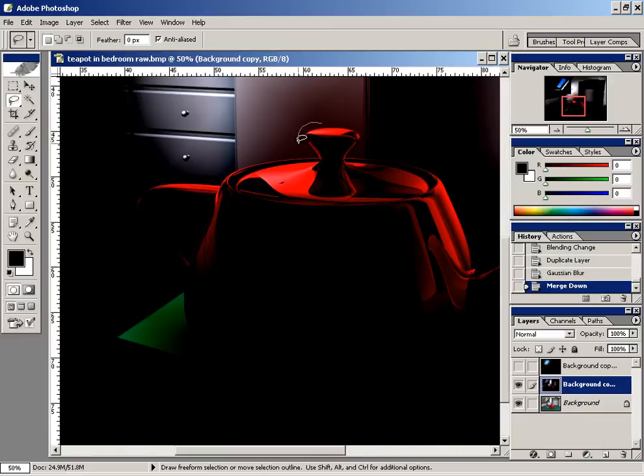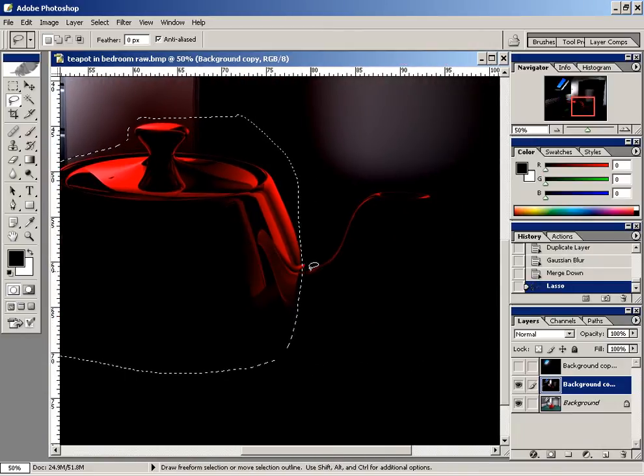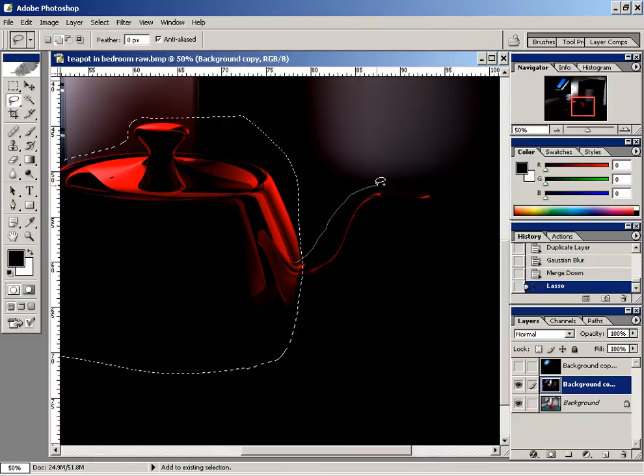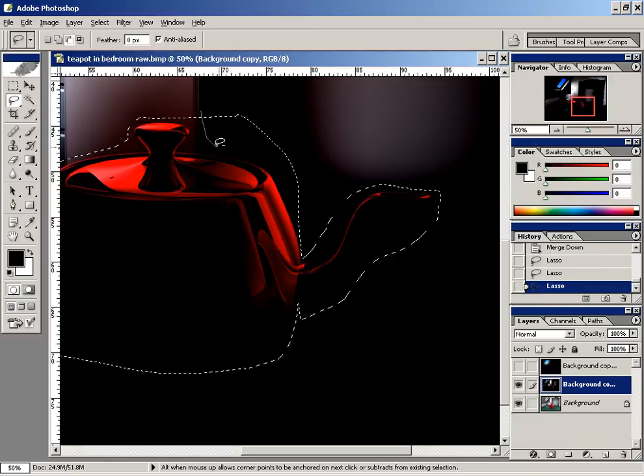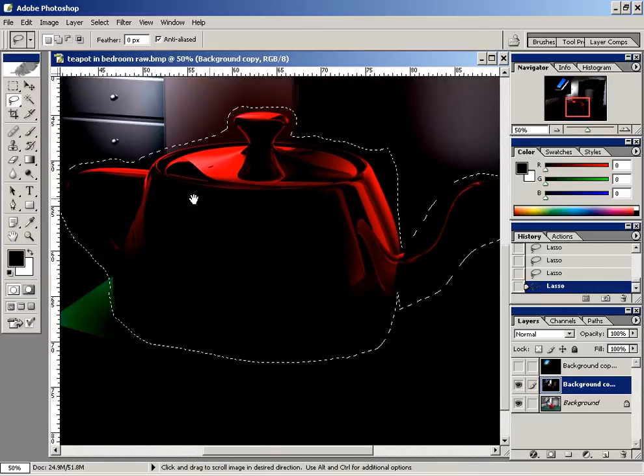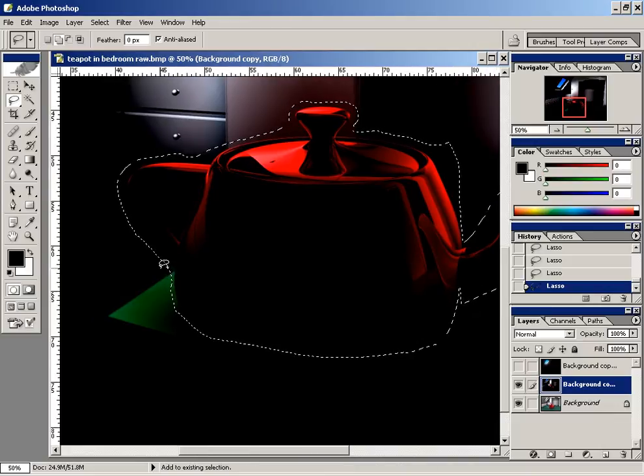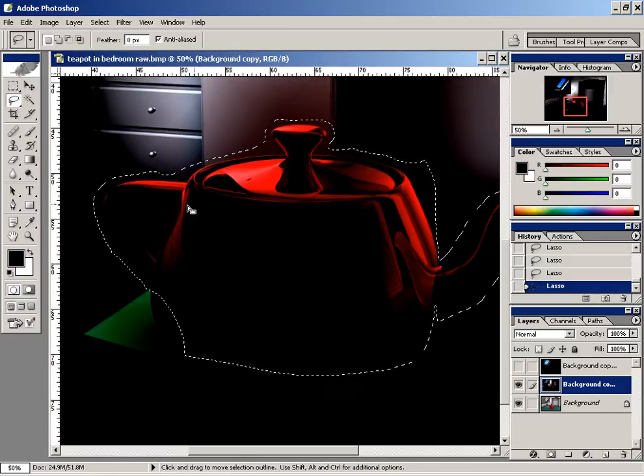grab a rough outline of the teapot. We don't need much of that green, if any at all. Just get around there. Then I can just add in, hold down Shift, add in the teapot spout, get rid of that bit because we don't need it, get rid of that bit as well, and let's get rid of, oh, wrong one, let's get rid of that because we just need this area to screen, and it's only concentrating on the light